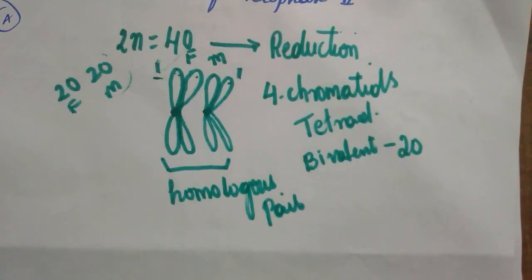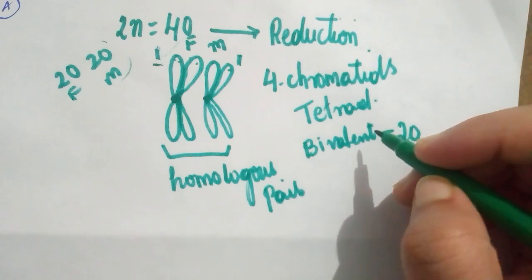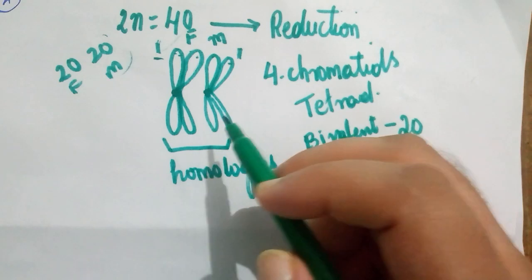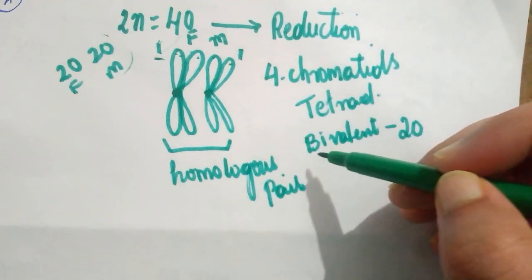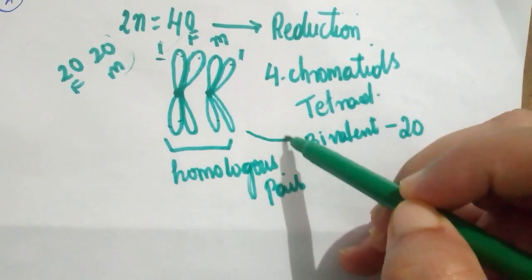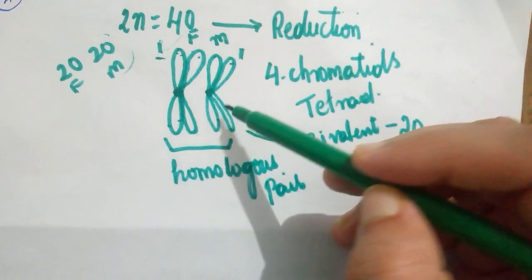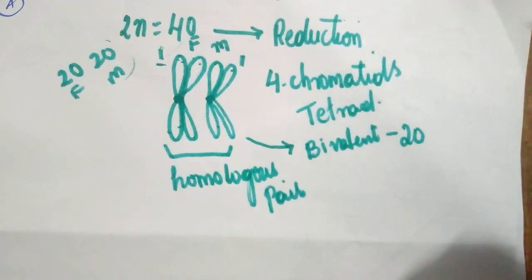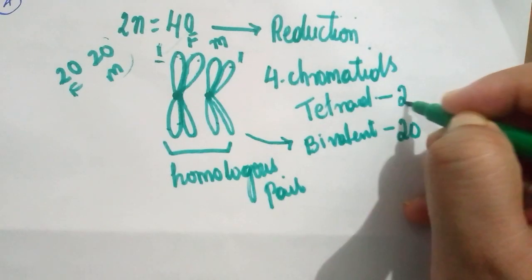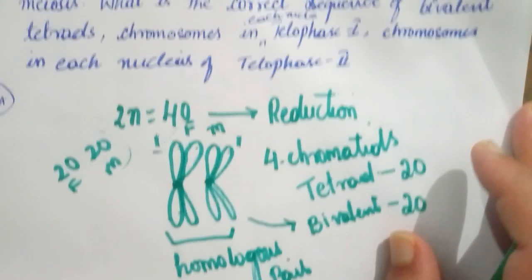How many homologous pairs do we have? We have 20 homologous pairs here. So 20 homologous pairs means how many bivalents? 20 bivalents. Okay, now each bivalent is one tetrad. These two chromosomes together we call a bivalent. Now each bivalent is having how many chromatids? 1, 2, 3, 4 chromatids. So this is called a tetrad. So one bivalent is one tetrad. So 20 bivalents is how many tetrads? 20 tetrads. Okay, so one part of the question is done. Now let us see the next part of the question.